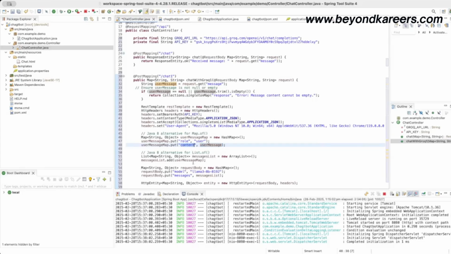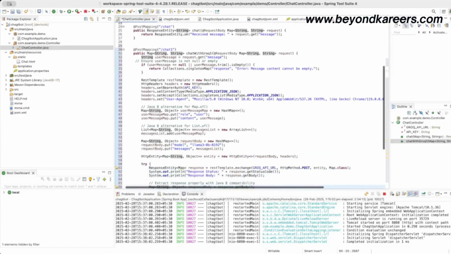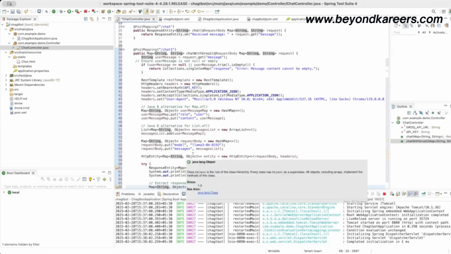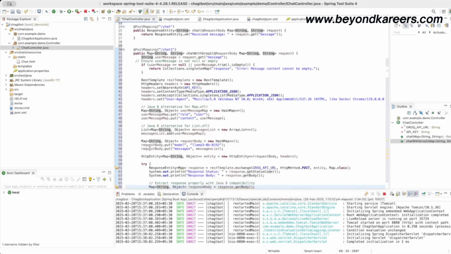Then the message list, and we pass this. One other important thing is that we have to define which LLM we are going to use. I am currently using llama-8b-8192. Of course, this keeps changing, as new versions keep coming. You can always go to the Groq website and figure out which LLM you want to use. Then the request body, user message, headers, everything is constructed, and we are going to make a normal